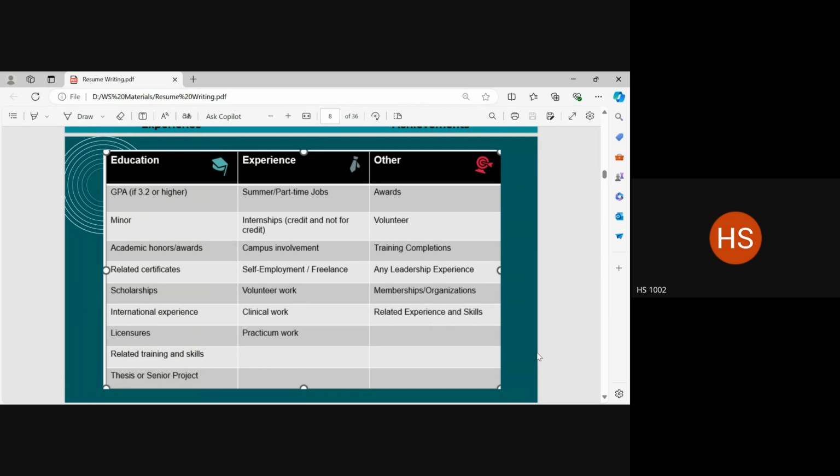A training completion involves a certificate. Let's say you're well trained, you have the skill, but you don't have a certificate to show for it. You don't have anything institutional to show for it. Okay? In that case, you include your training under skills.